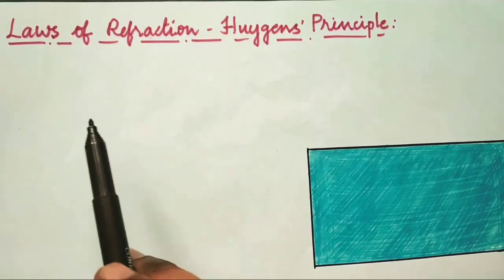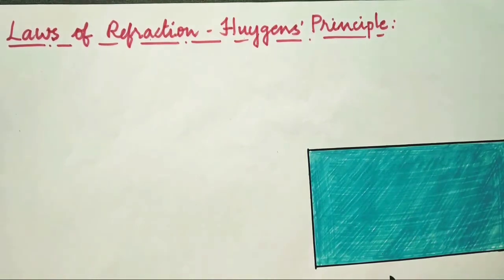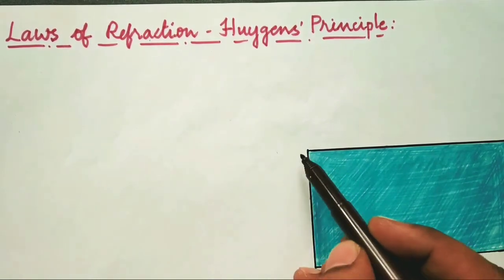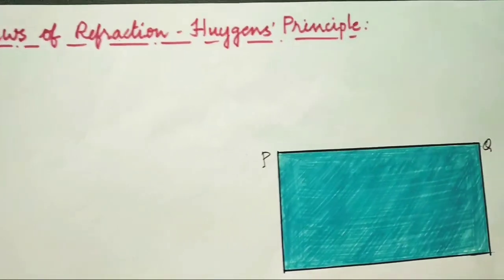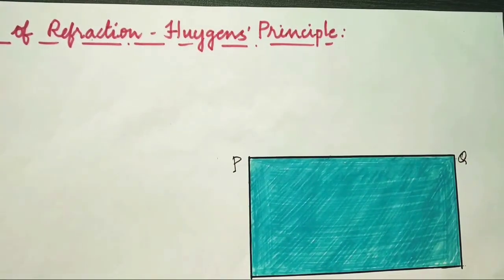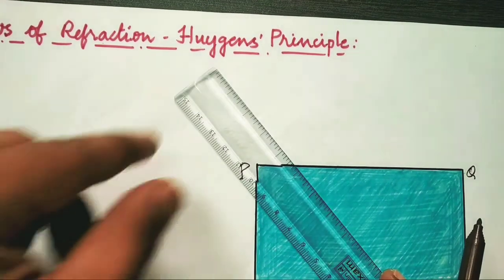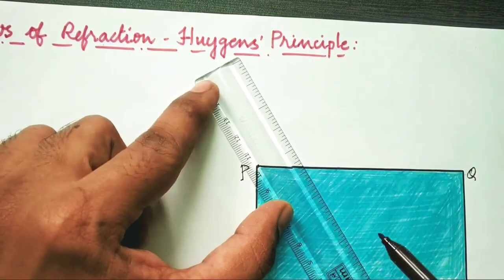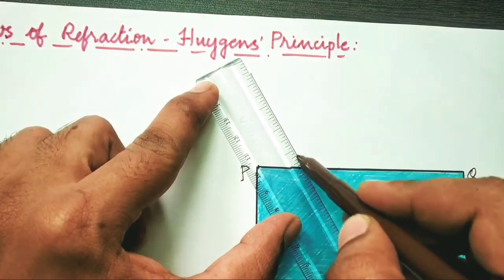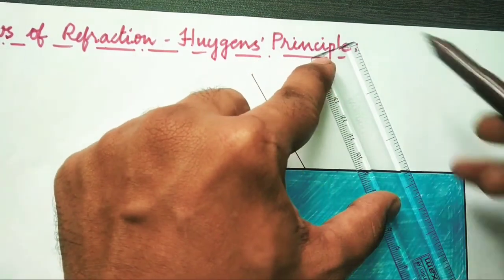Hello everyone. In today's video we shall talk about verification of laws of reflection and refraction using Huygens principle. Let us first see refraction. Consider there is an interface PQ between the two media, rarer and denser media, and consider the light rays when they travel from rarer to denser. They bend and travel because of the difference in the velocities in the different media. We call this property refraction.